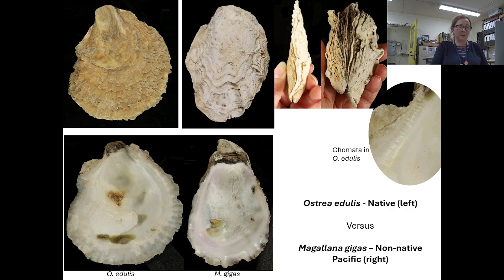And on the inside of the Pacific oyster, there's no sign of the little comata, the little crinkles that Ostrea edulis has. Ostrea gigas, the Pacific oyster, can reach sizes of 18 centimetres in length. The Pacific oyster was introduced via Canada in the 1960s, and it grows twice as fast as our native. Because of the 2 cupped valves, there is more meat inside, so it's much more commercially viable.